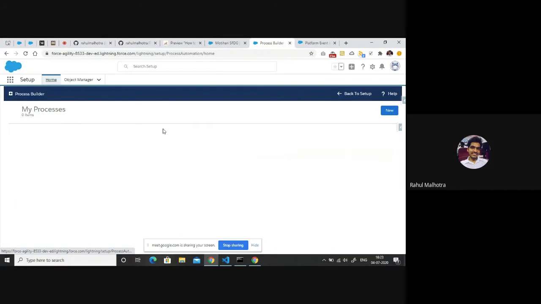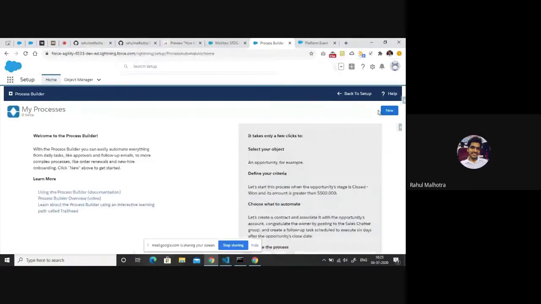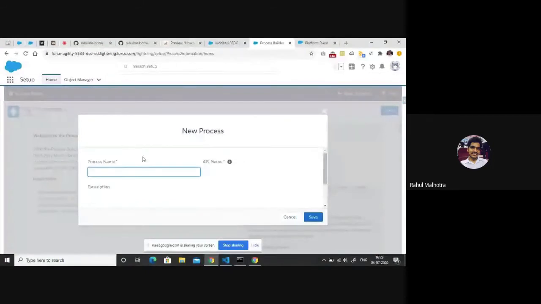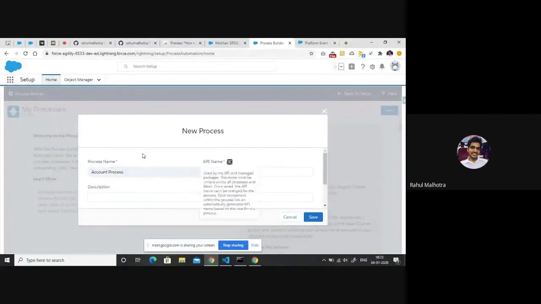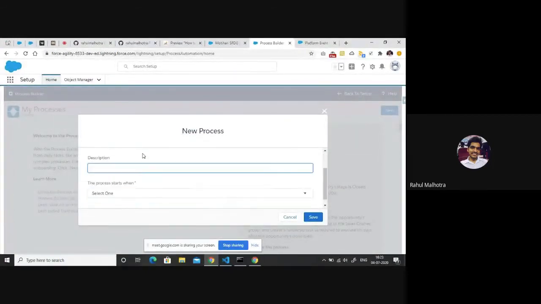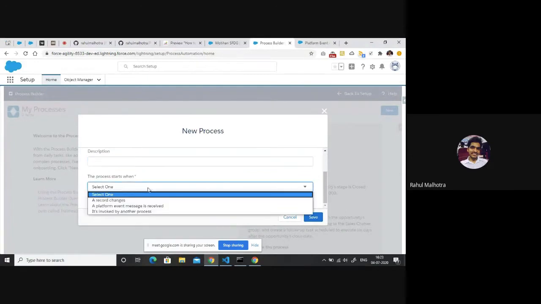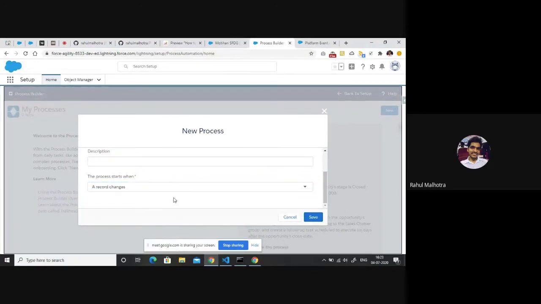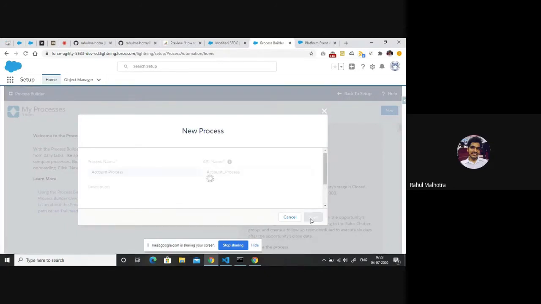Okay, so this is a new org. That's why I don't have any process builder right now. I'm going to click on new and let's name our process builder as account process, right? And this process builder will start when a record changes. I think this is enough for now. Let's save it.